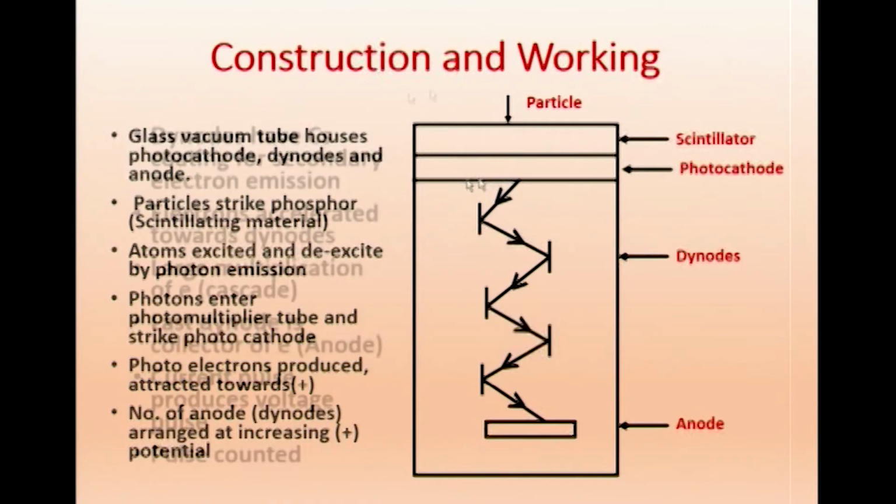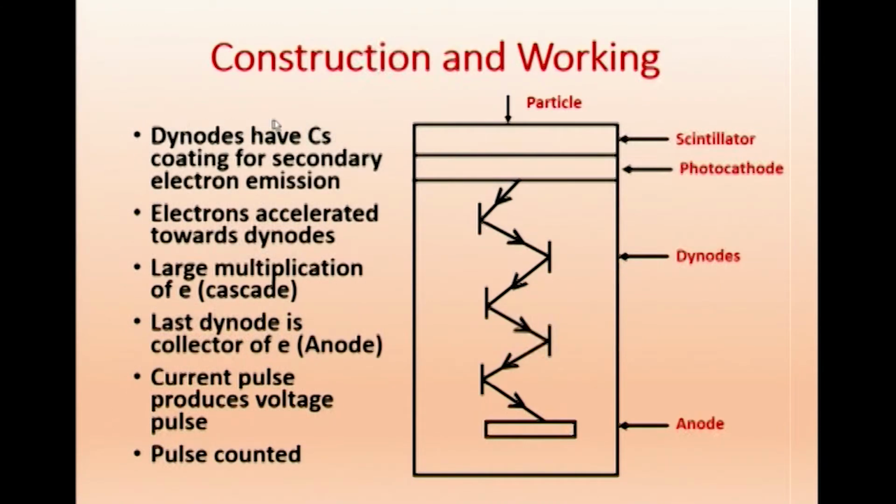We will go on. These diodes have a CS coating. What is cesium? It's an element, cesium coating, for secondary electron emission. So here we have got cesium coating, where the work function will be very small. Work function for CS is small. What do you mean by work function? Energy required to remove the electron. Any material,